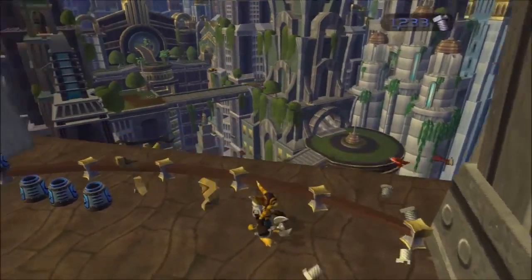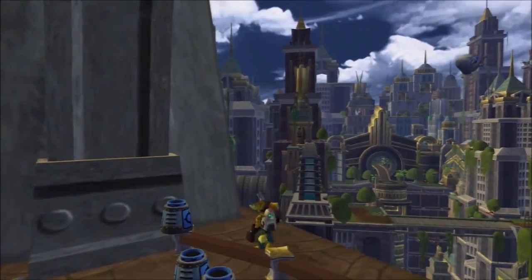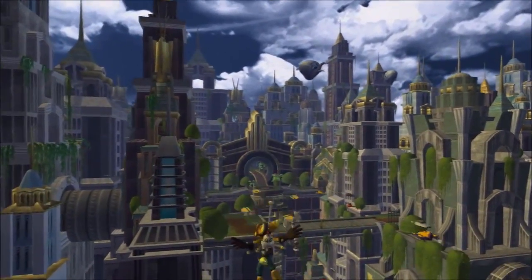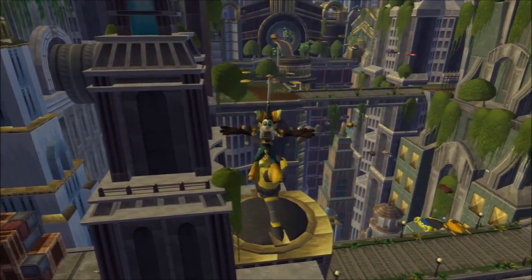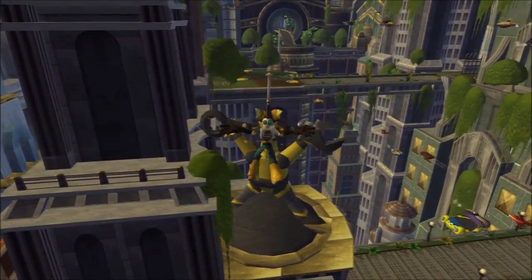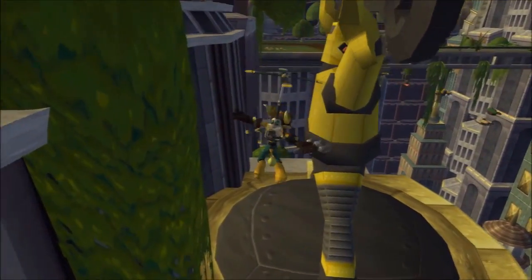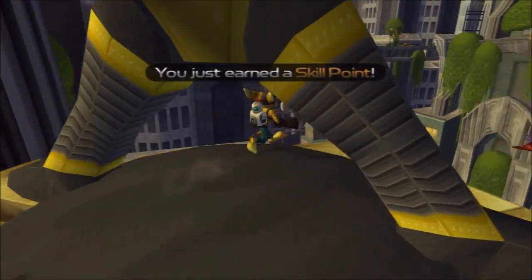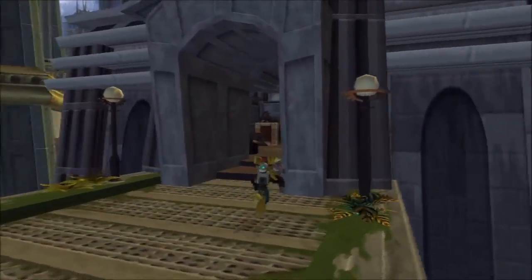Right, now what you gotta do, see that statue? You need to stand under that statue. It's called strike a pose. So you need to use your helipack to glide on over there, and then we gotta stand underneath its legs. There we go. There are 30 skill points in the game, and about 20 of them in the PS3 version